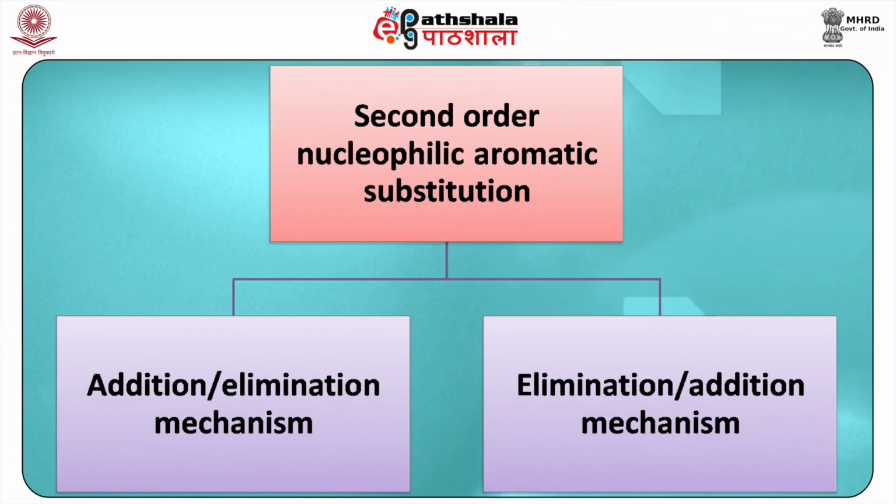Thus, the rate of reaction is determined by the concentration of both the reactant as well as the nucleophile. So, this makes the reaction second order. Mechanistically, second order nucleophilic aromatic substitutions can be of the following two types. First would be the addition-elimination mechanism, which follows second order kinetics, and second would be the elimination-addition mechanism, which follows